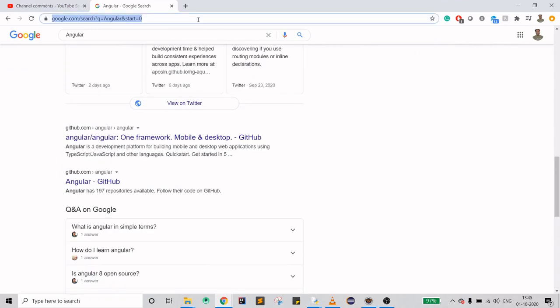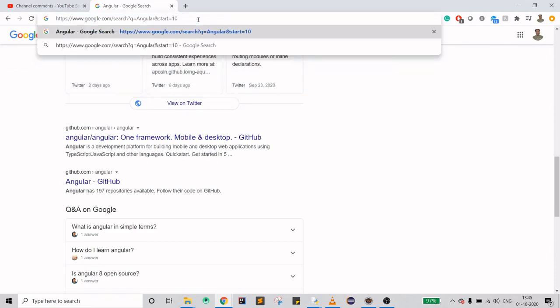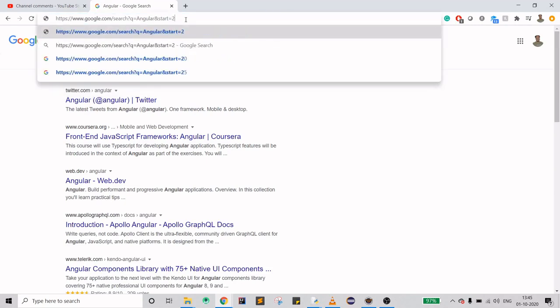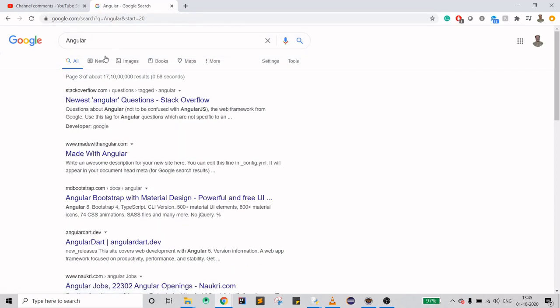When you want to go to page number 2, you just have to do 10. So it's like 10 to the power 0 is page 1, 10 to the power 1 is page 2. Not exactly 10 to the power 1 or 2, you just have to add 10 to it. When you go to 20, it is at page 3, and so on and so forth.